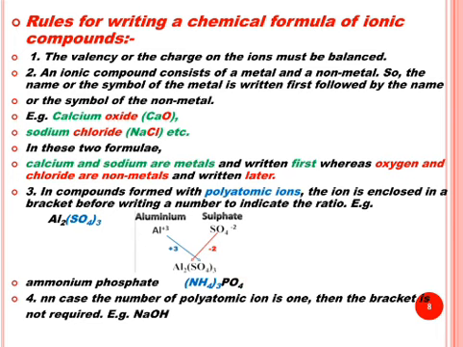In the same way you can see one more example, NaOH. In NaOH, the sodium ion forms the cation and OH forms the anion, Na positive and OH negative. You can see their ions from the tables which we have discussed in the previous slides. You can see their charges, but you have to memorize these charges or valencies of various ions. It's very important to learn the two tables of cations and anions to write the correct formulae.